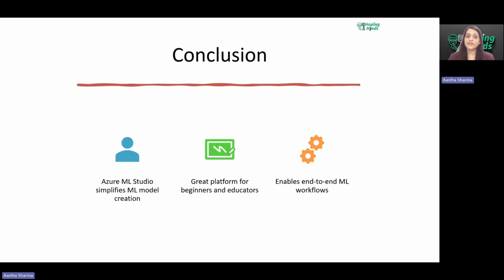So today we have explored how to build a machine learning model pipeline without using any code. From the data to pre-processing, training, evaluation, and deployment, all using Azure Machine Learning Studio. The dataset which we have taken was the adult census income prediction model, which we have created on Azure Machine Learning.